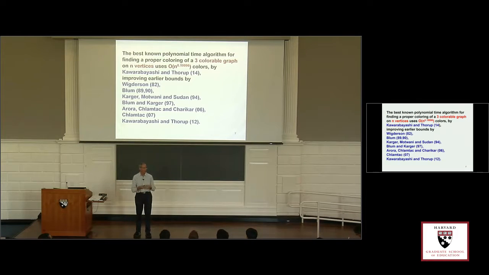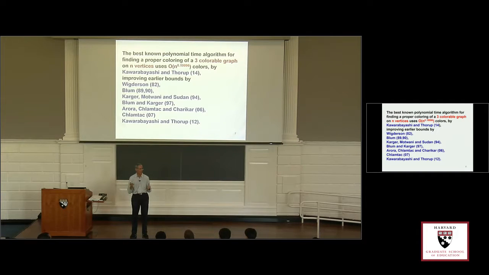Now, what do we know about algorithms? Let me say something about coloring 3-colorable graphs. Suppose we have a graph on n vertices, and suppose its chromatic number is 3, and we want to find in polynomial time a proper coloring of it using the smallest number of colors that we can. Knowing that the graph is 3-colorable, well, the best known algorithm